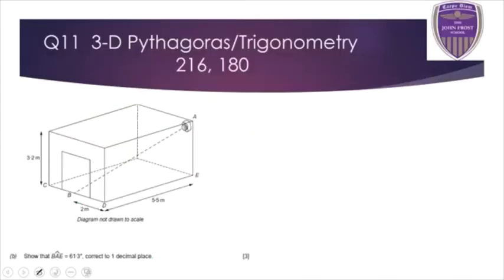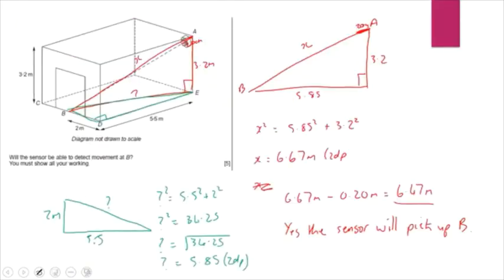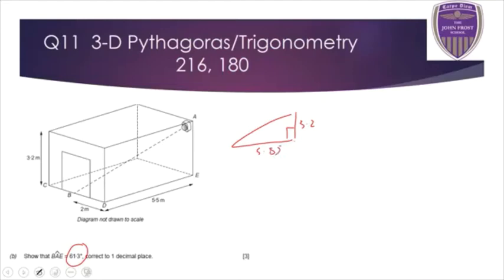Right, and the final part, we're being asked then to show the angle BAE is 61.3. So again, just using your triangle, labeling it correctly. So we've got 3.2 and 5.85, I believe, was it? Yeah, 5.85. We want to work out the angle of this here, X, I'm going to call it. So I'm going to call this one opposite, adjacent, hypotenuse. And I'm going to use tan because I'm using opposite and adjacent. So tan X equals